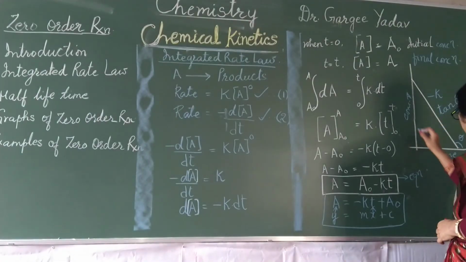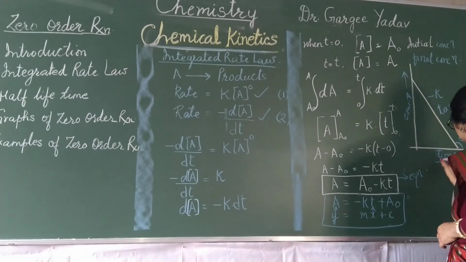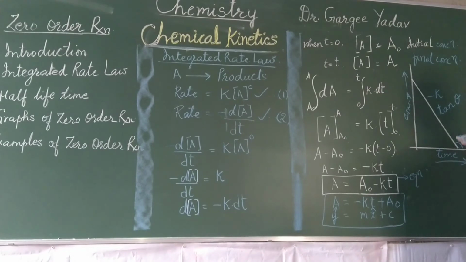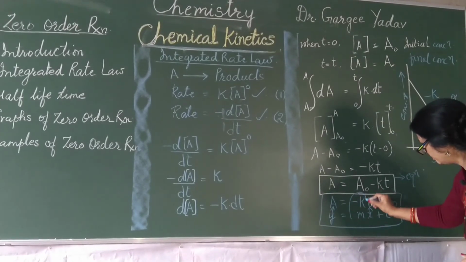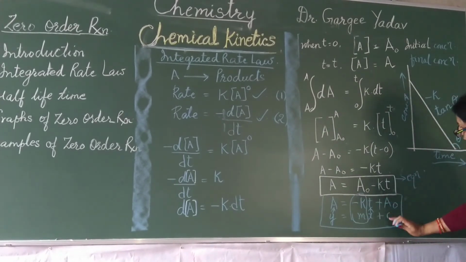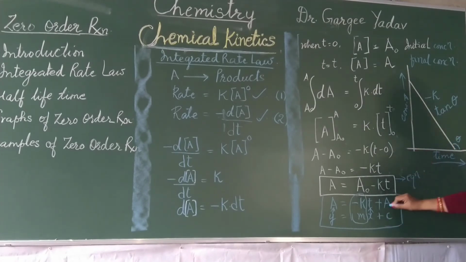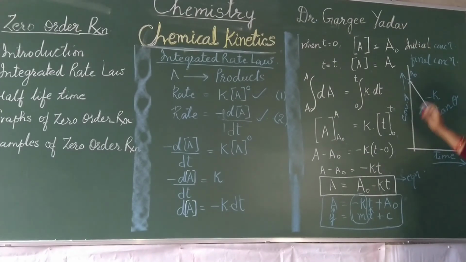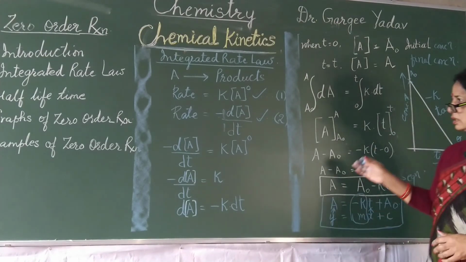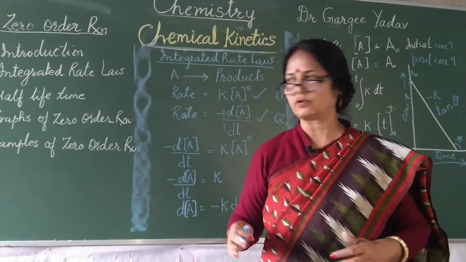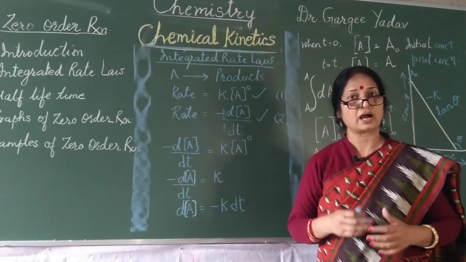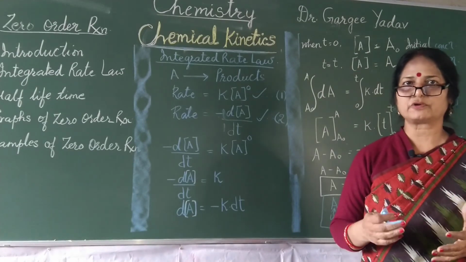Okay. So this is our concentration axis, and this is our time axis. And if we plot a graph, we will get a slope. We can see that the slope is negative, corresponding to minus of k. This is the slope minus k, and the intercept on the y-axis, which is c, is given by A naught. This is our initial concentration, and this is the straight line we get, and the slope is also given by tan of theta, which is minus of k. So this was all about the integrated rate law equation, and I have told you about the graph also. And after this I will tell you about the half life time. Half life time means the time taken for the completion of half of the